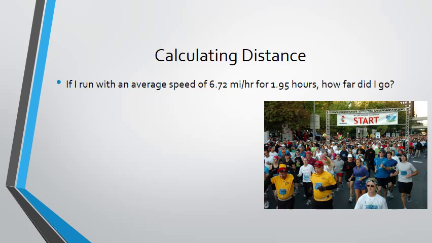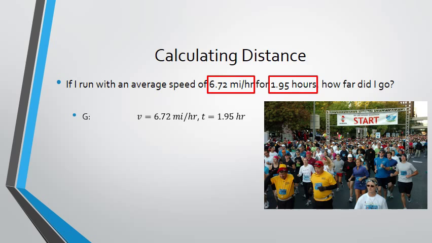Let's go through an example of how to calculate distance. The example problem reads, if I run with an average speed of 6.72 miles per hour for 1.95 hours, how far did I go? Let's start by identifying the given information. It reads that the speed is 6.72 miles per hour and that it takes the runner 1.95 hours to complete their race. The given information that I'm going to write down is that the speed is 6.72 miles per hour,